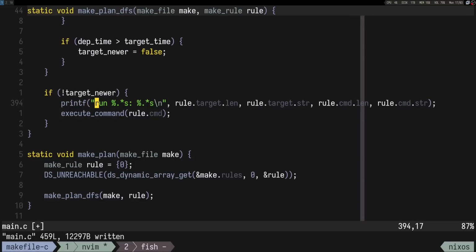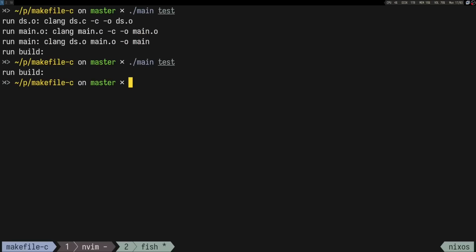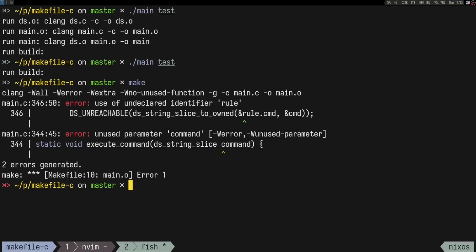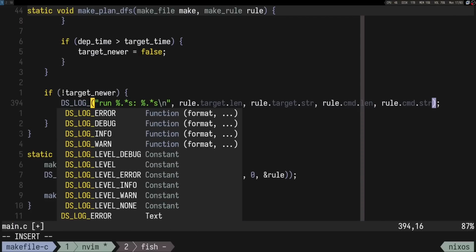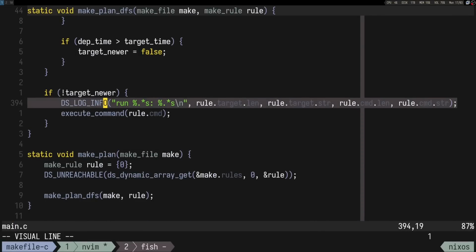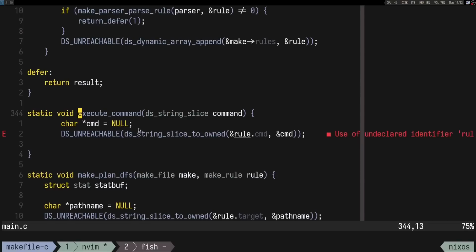I wanted to see how the... Okay, so Makefile just shows the command, but I like to see it, so I'm gonna keep it like this. Let's do log info for this part. Okay, and in execute command,